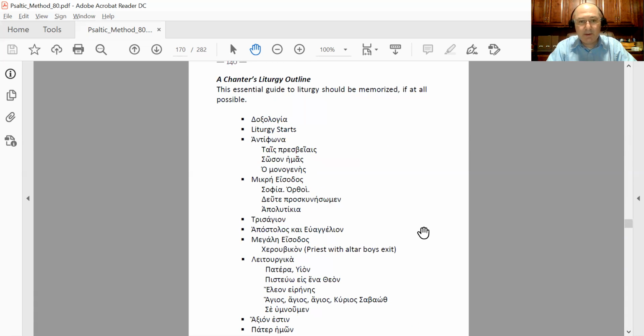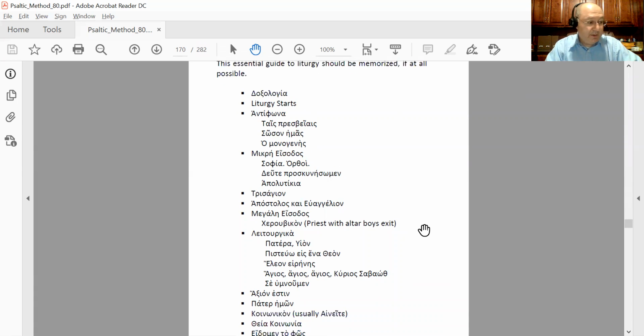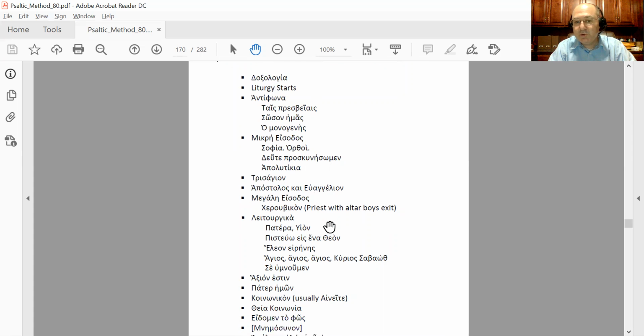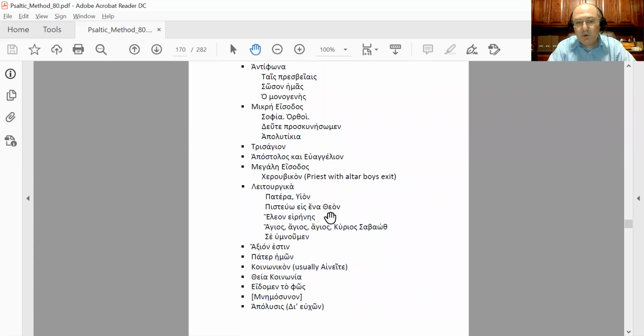This is something that I would like you to, if possible, memorize, in the sense that if I tell you which comes first, the Trisaion or the Apostolos, you say the Trisaion. Which comes first, the antiphona or the axion estin? And you say the antiphona. Which comes first, the Cheruvicon, which is the slow ita cheruvim, or the kinonikon, which is usually the eniteton gyrion ek ton uranon, alleluia, the one we've learned. Which one is first? The Cheruvicon.